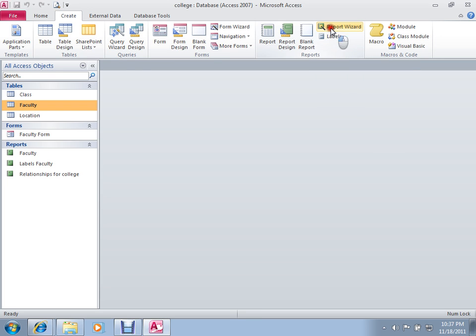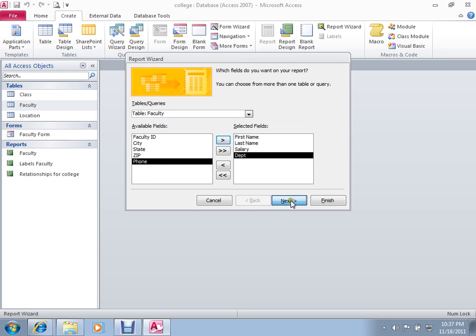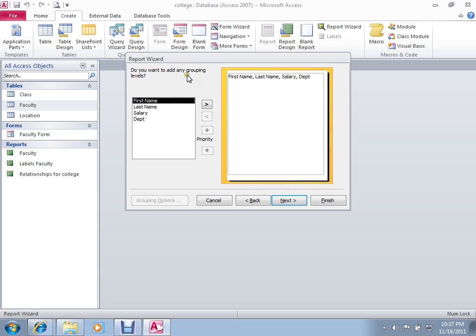create Report Wizard, and it says what do we want to base this report on, and I want to base it on the faculty table. I want the first name of the faculty, last name, salary, and I need department as well. Hit next, and it says, do you want to add any grouping levels? Yes, because I want to group this by department. So if I click on department and then use the little key to move it over to our example, hit